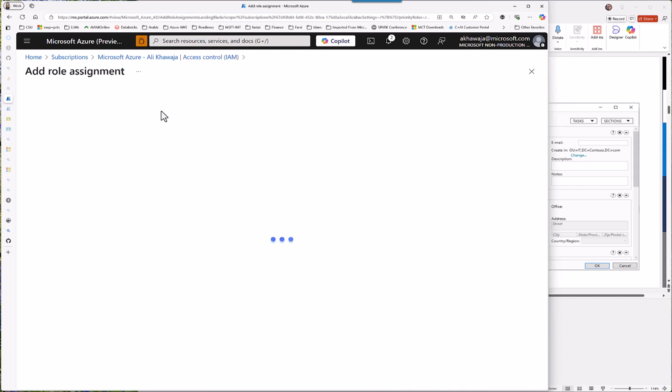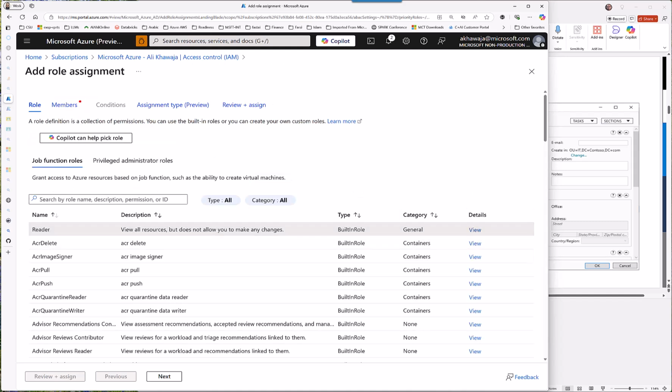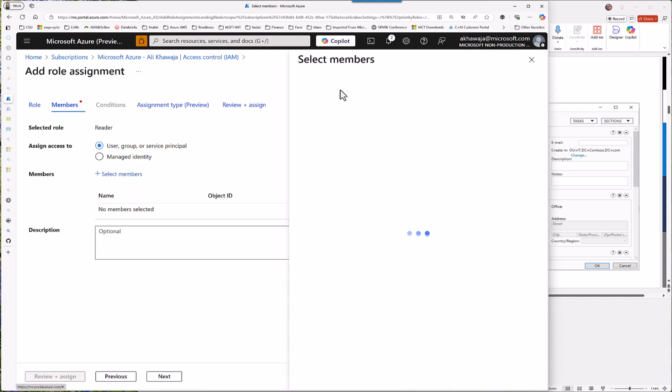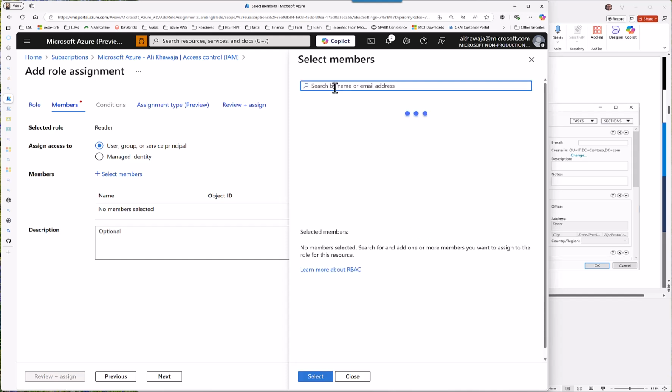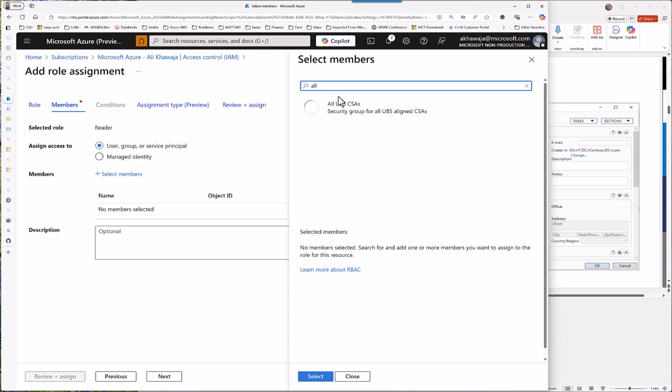So if I come over here, add role assignment, I pick a role, let's say reader. Here under members, I can select a group. I can select a security group. I'm checking whether there is a group named all. Okay, here it is showing you the security group, right? So a security group is used to manage security and access and authorization at a group level.